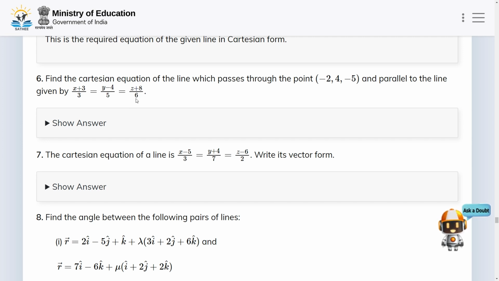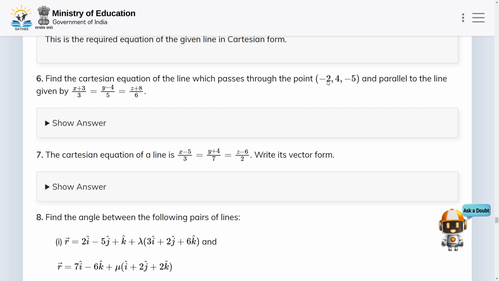This line follows the direction of, or is parallel to, the vector 3 i hat, 5 j hat and 6 k hat. This means that the line you have to find is also following the same direction, parallel to that vector 3 i hat, 5 j hat, 6 k hat,